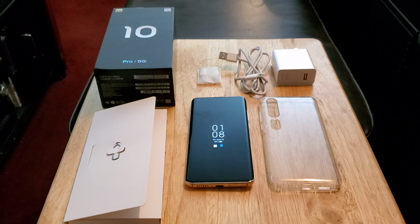It has Gorilla Glass 5 with an aluminum frame, 90 hertz refresh rate. Let me say that again. A 90 hertz refresh rate. And we know everything today is all about the refresh rate. You know, all these newer phones coming out with 120 hertz refresh rate. Now, I remember when 90 hertz was just starting to get some play, and I didn't think it was that big of a deal, like I said in older videos. But now that I've gotten used to it, I really do love it a lot, especially when you're scrolling. It's just super fast and buttery smooth, so I do love the fact that this device has a 90 hertz refresh